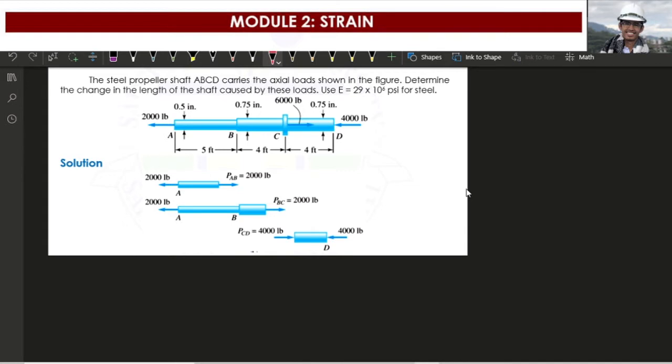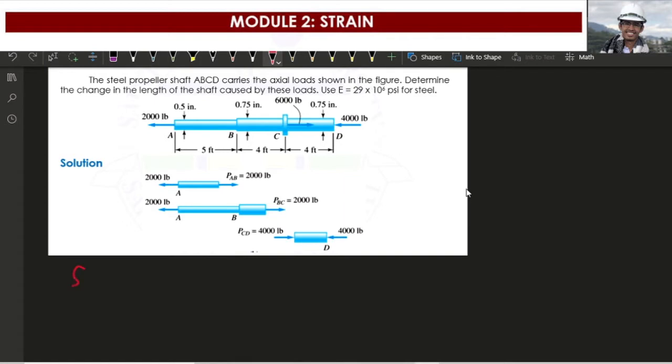And for segment CD, we need to section and isolate the right side. If 4,000 pounds acts at point D, then the internal force of our segment CD will also be 4,000 pounds. So in getting the change in length of the shaft caused by these loads, it is just the summation of the effect of the change in length of our three forces. Since the E of our steel is constant throughout our shaft,